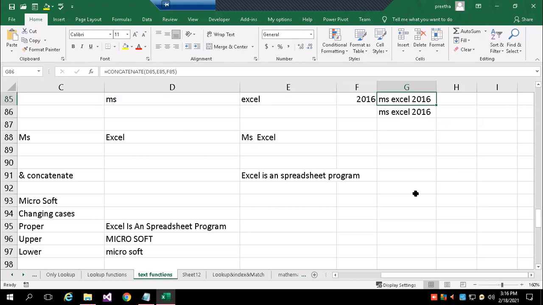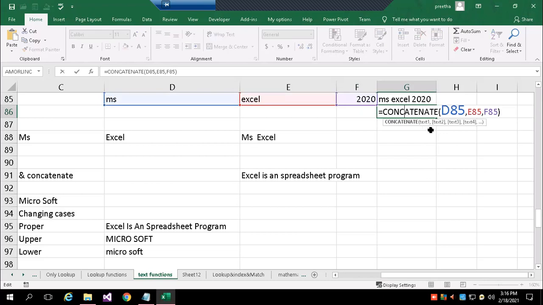So anytime if I alter, my result also will get changed. This is using formula, I concatenated. This is using function, I have concatenation. So concatenation of text means joining the text, where when you are joining, you can combine multiple text. In this example, I combined data from 3 cells and I got concatenated into one.